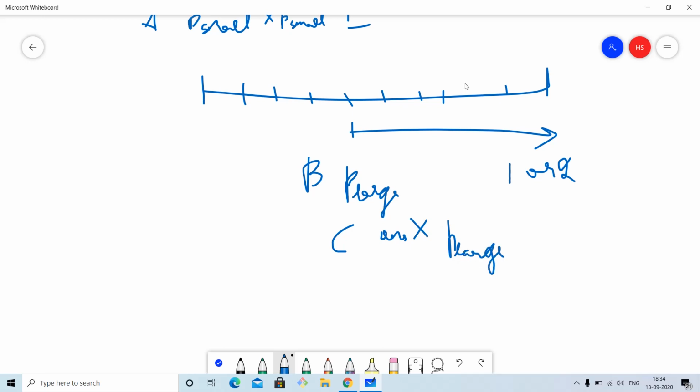Otherwise, if we go through all this range from the middle to the last and have not found any B p large with a value greater than 1, like 2, then what we will do is process similarly to the small primes. We will process A p large queries.